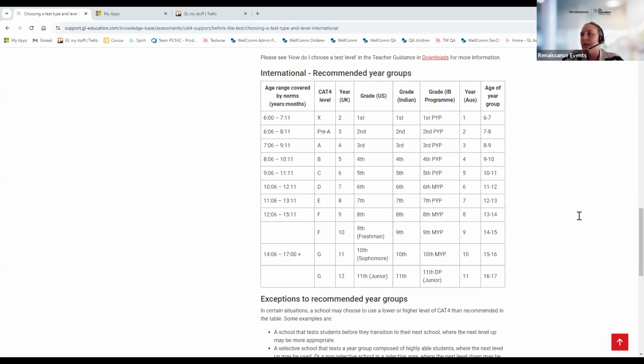What do you recommend? So there's a few things here, and certainly when I was administering CAT4 myself in school, I would take the time to speak to each cohort before they did their CAT4 and explain what it is going to be used for and how it's going to be used to support decisions, to really support them in the classroom and with their learning and development. And I found that those kind of conversations went a long way to helping the children actually understand what it was for. Sometimes students have got anxiety about different assessments, and it was quite important to reassure them